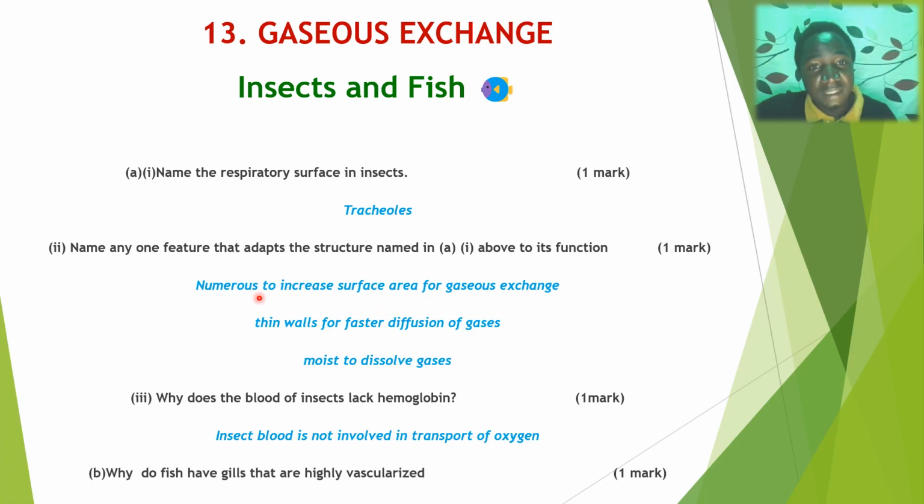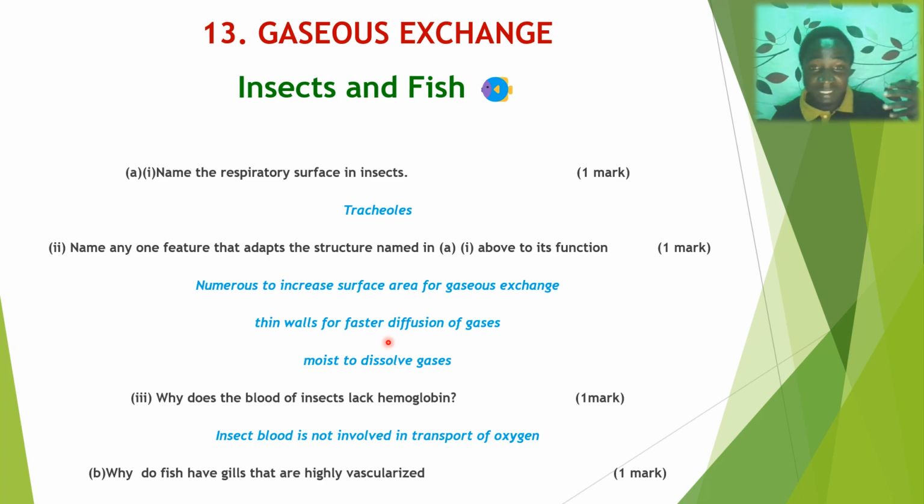For example, look at numerous. Look at the respiratory surfaces in mammals, air sacs or alveoli. They are usually numerous, and that is to increase surface area for what? Gaseous exchange. Thin walls everywhere, even the skin as it is seen in frogs, it is usually thin for faster diffusion of gases. And then we have moist to dissolve gases. Why does the blood of insects lack hemoglobin? Insect blood is not involved in transporting oxygen, and we know that is the specific function of hemoglobin,